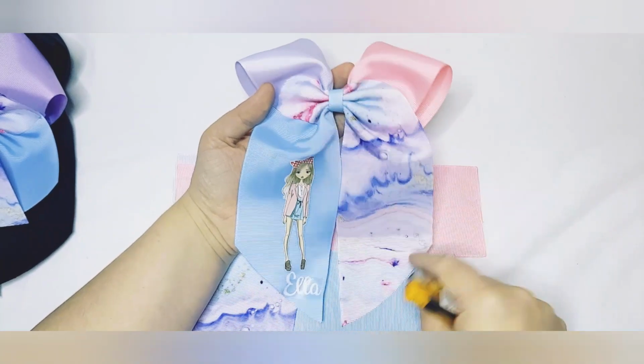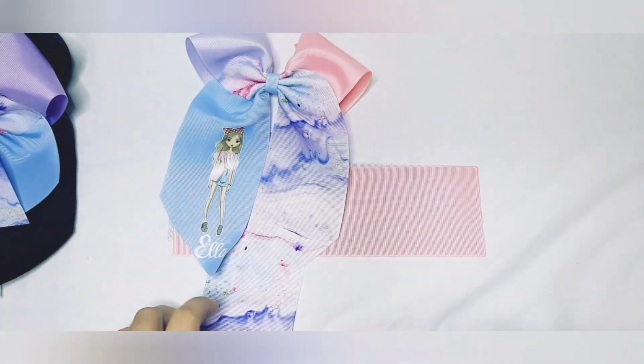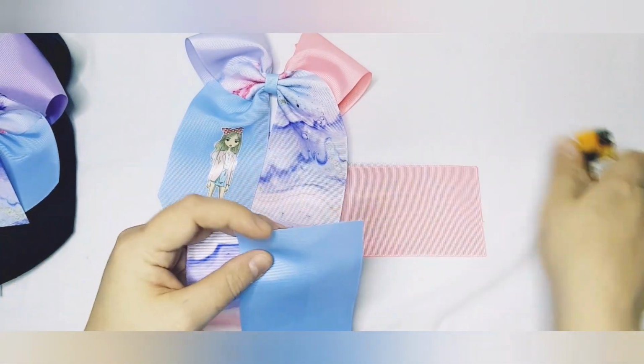I'm going to do it opposite. I'm going to have the tail this side and the colour this side. So for that,